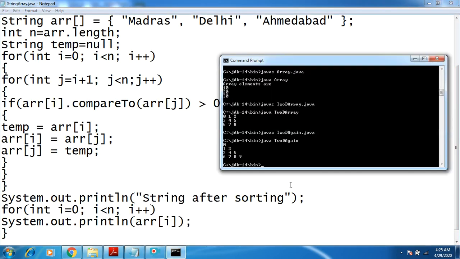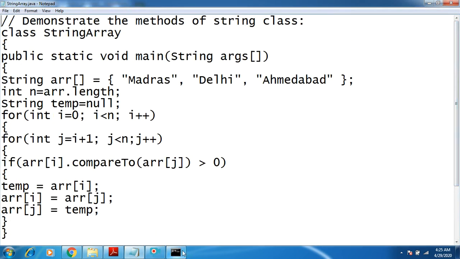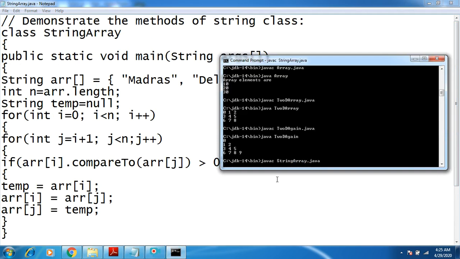Now if you run this program, string array dot java.